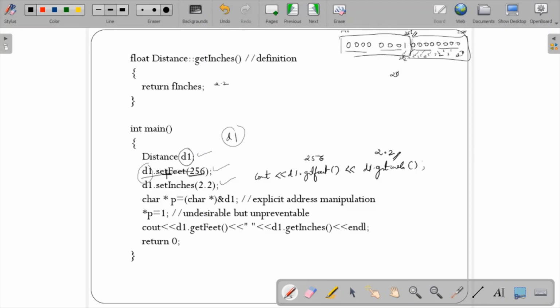Now whatever d1.setfeet 256 is there, let me take this particular int ifeet itself. Now what I did is I created a pointer char *p, and that integer, d1, I'm going to convert into type character star. Now you know a character occupies only 1 byte. So it will have locations 0, 1, 2, 3, 4, 5, 6, only 1 byte is being allocated. So what is he telling in the sense here?